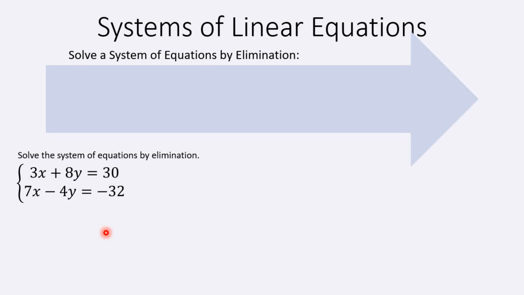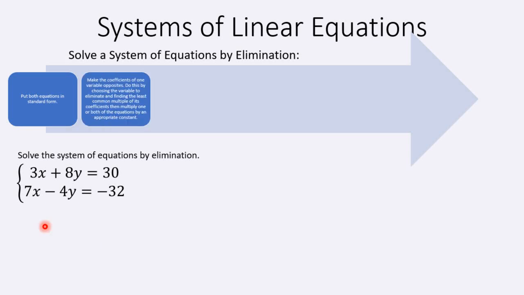To do elimination, the first thing we want to do is put both of the equations in standard form. In this case though, both equations are already in standard form. So next, I'm going to look at x and y. I'm going to choose which one I want to eliminate. And when I choose the one I want to eliminate, I'm going to find the least common multiple of its